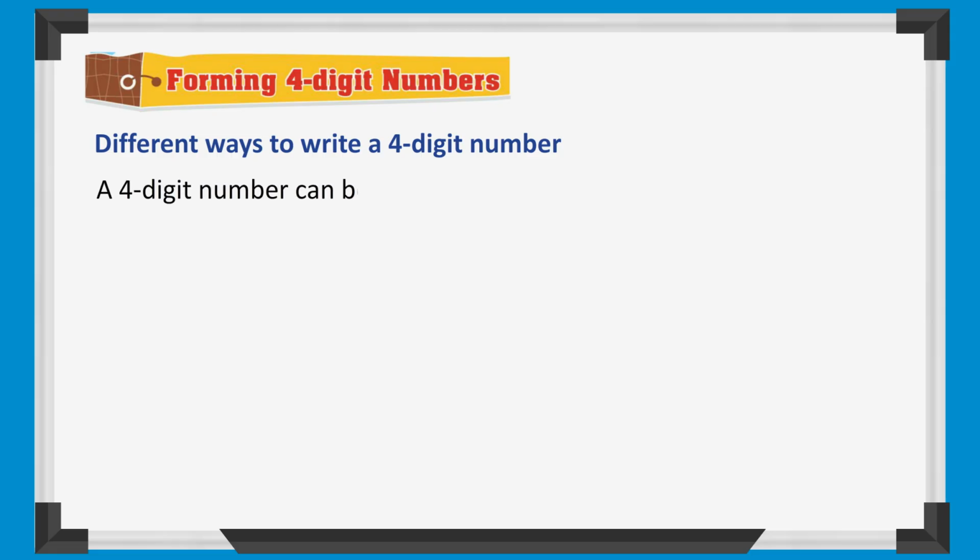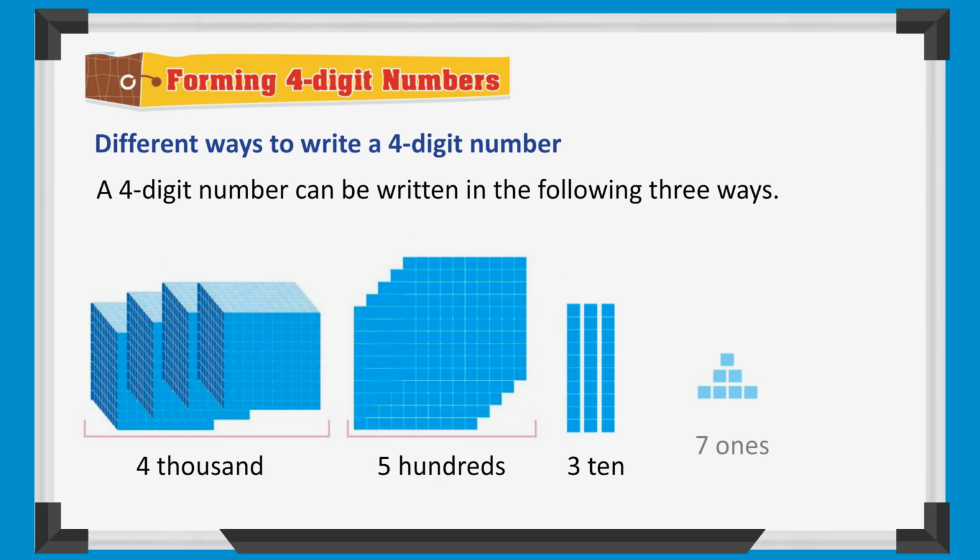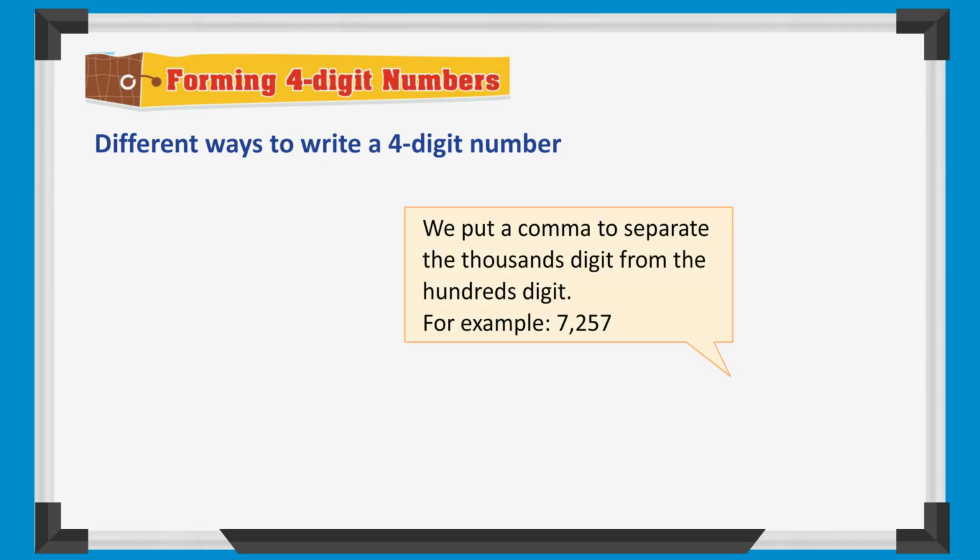Different ways to write a 4-digit number. A 4-digit number can be written in the following 3 ways. 4000s, 500s, 3 tens, 7 ones. We put a comma to separate the thousands digit from the hundreds digit. For example,